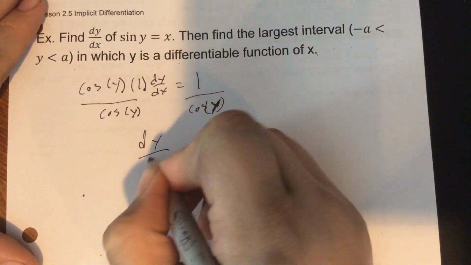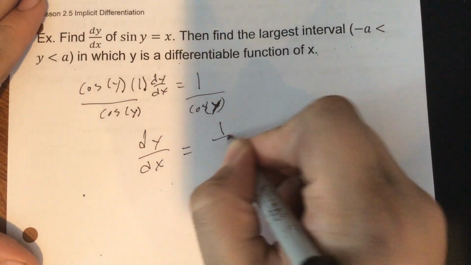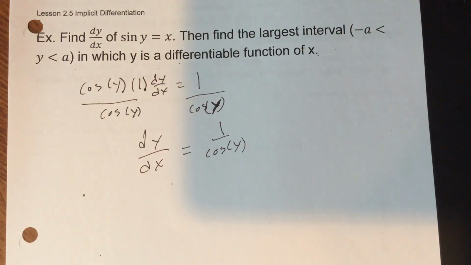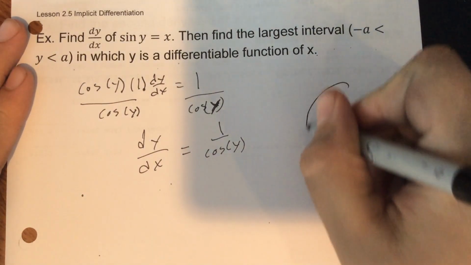So dy over dx will equal 1 over cosine of y. If we think about it, where is cosine not going to equal 0? Because it's on the bottom there, that's the only thing it can't be: 0, because we can't divide by 0. Well, if we go look at the unit circle,